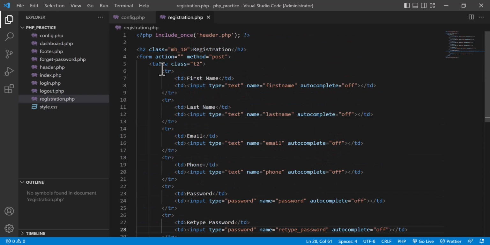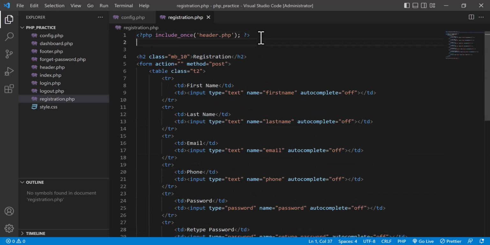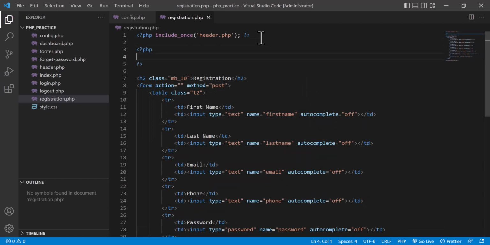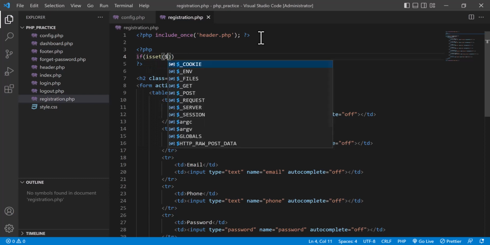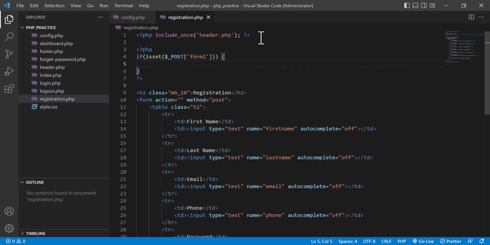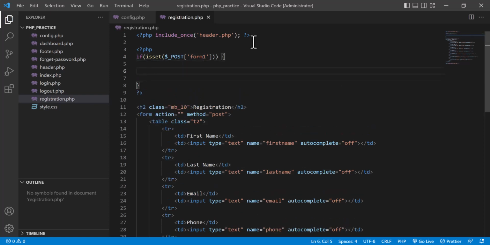name form1. And I am going to the same page in the top, for example, in order to verify it. So if is set that is post of form1. Okay, so that means if a person clicks to submit the form, what will happen? I am going to come here, and here I will